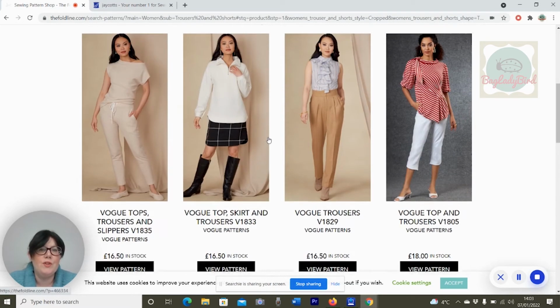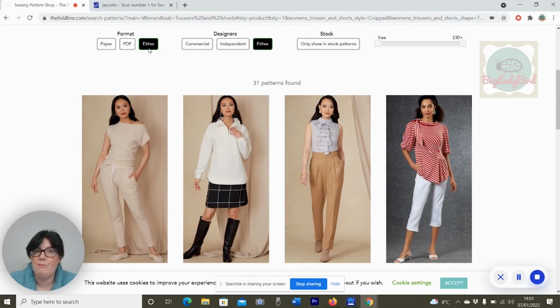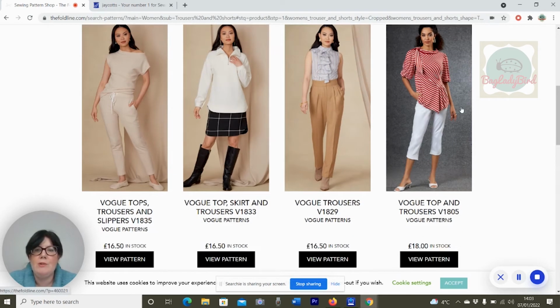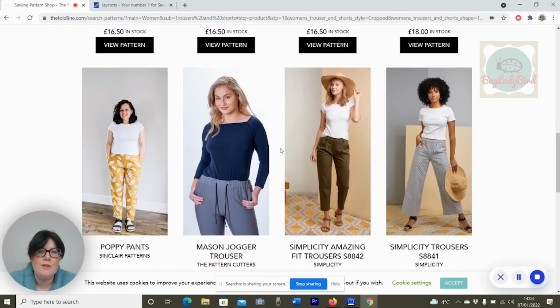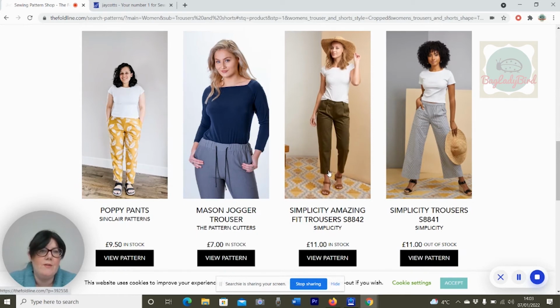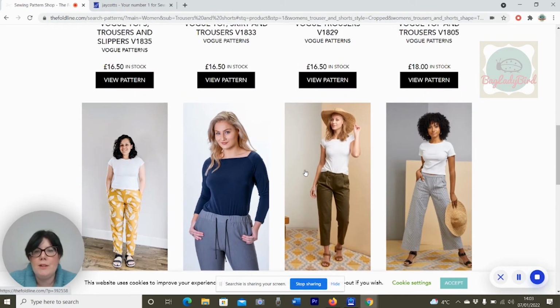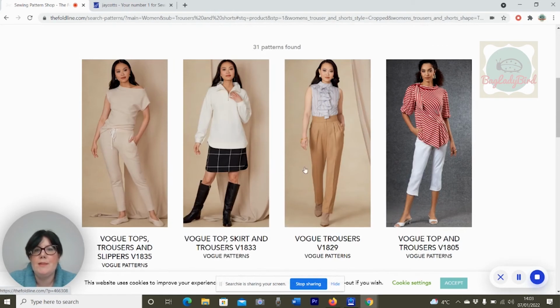So we'll just have a look here. PDF or paper, I've gone with either. Designers, either. And you can come down and you can see this. You've got a nice selection of Vogue ones to start with, and then you come down and find other patterns. What I'm going to do now is take you to the website that I would usually use to purchase